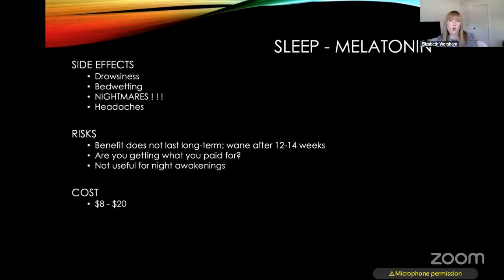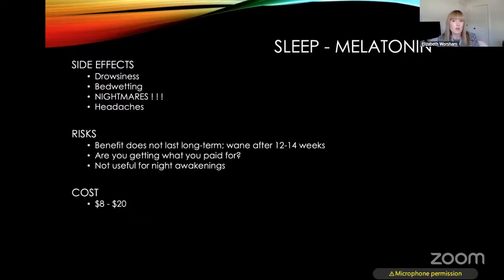Another question to ask, or risk, is: are you getting what you paid for? Specifically, what's the quality of the medicine? Over-the-counter products, remember, are not regulated by the FDA. I encourage patients, if they purchase any type of over-the-counter product, whether it's melatonin or something else, to ask where it is made. Canada and the United States have the best manufacturing standards. Things from other countries could have heavy metals in them. They could be made in dirty factories. They may be old or expired, or perhaps the content of the actual active ingredient is not what they say it is.